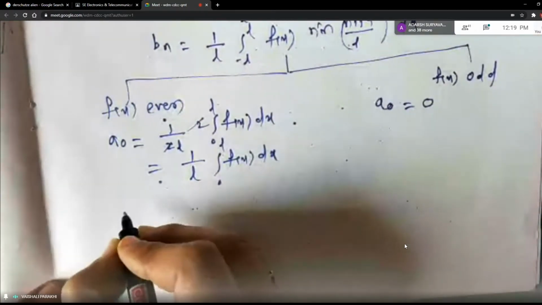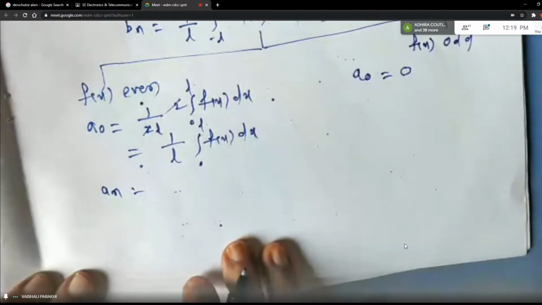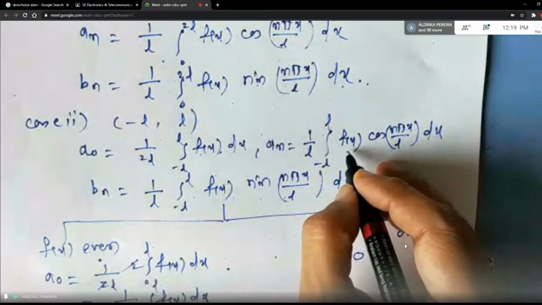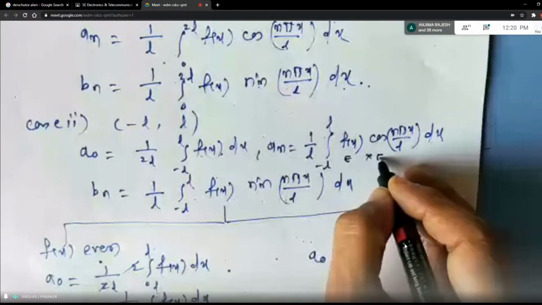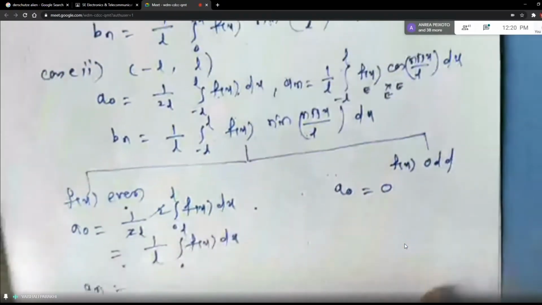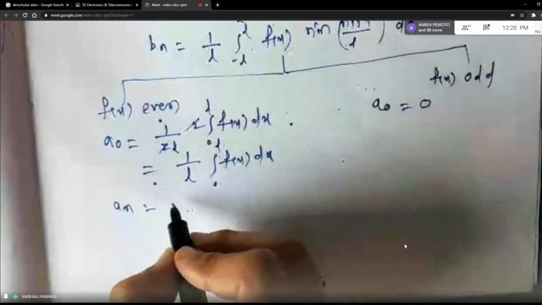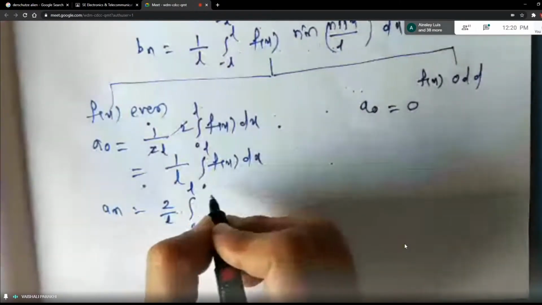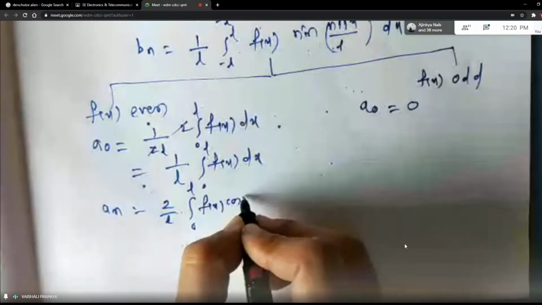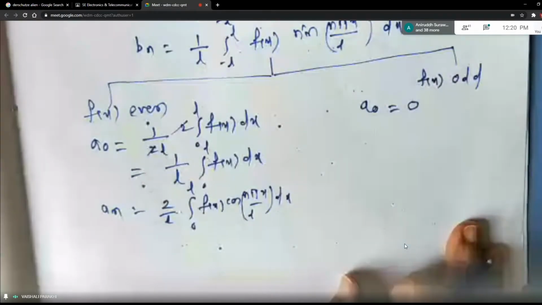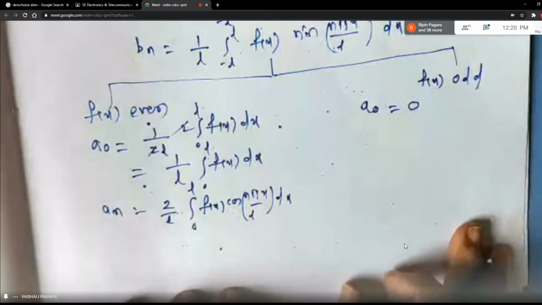Now let us find what is the An formula here for an even function. Now see, students, now this function is even, okay? Just in rough I am writing. And cos is also an even function, right? And you know that even into even becomes an even function. So what will be the formula for An in this case? It will be 2 times 1 by L, means 2 by L. Lower limit will become 0, upper limit will become L, f of x cos of n pi x by L. And everything else will remain the same, students. Right?